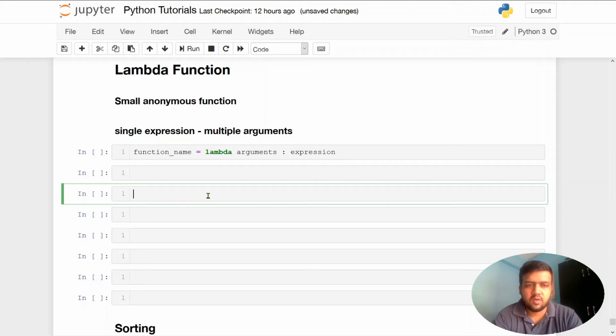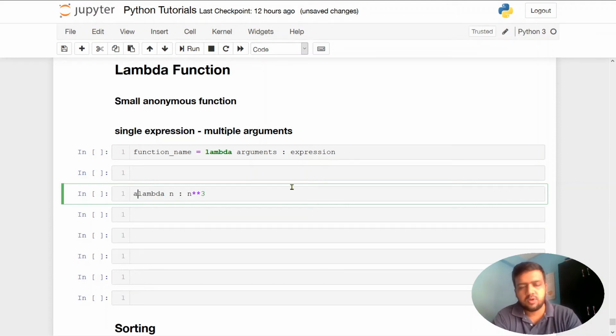So what I can do is have a lambda function and pass a number, let's say n, and write an expression: n to the power 3. This syntax takes an argument n, or an argument in the general sense, computes its third power, and returns it. The return part is built in, so you don't have to do anything. It will automatically compute n to the power 3 and return whatever value is computed.